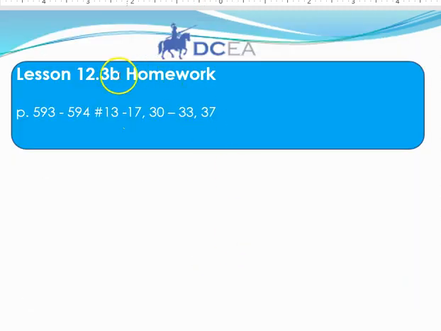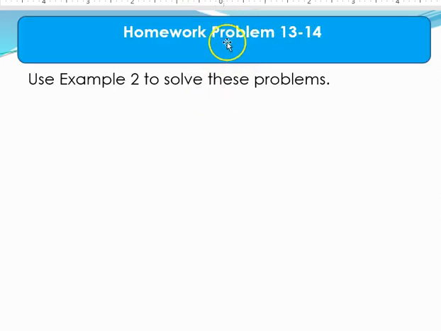So our homework is problems 13 through 17, extra credit problems 30 through 33, and number 37. So let me give you hints for each one of those. In homework problems 13 and 14, you're going to use example 2 to solve these problems. Example 2 in the book was using